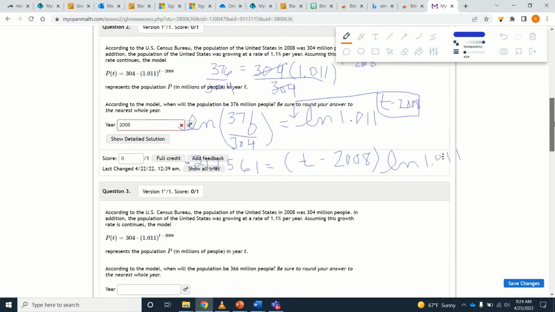Okay, now, natural log of 1.011 is a decimal. I can put it into my calculator and find out what that decimal is. So natural log of 1.011